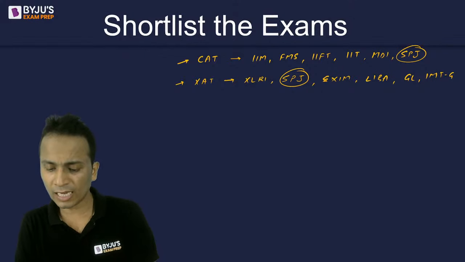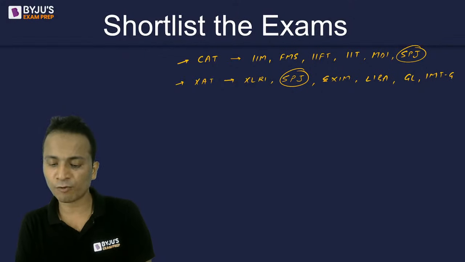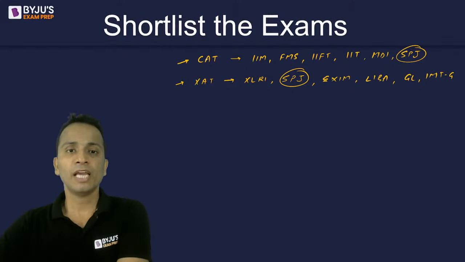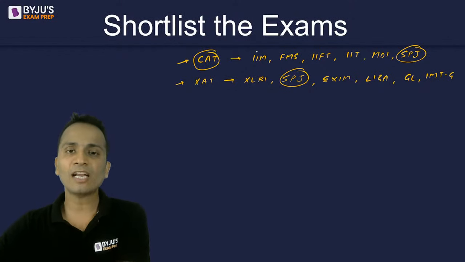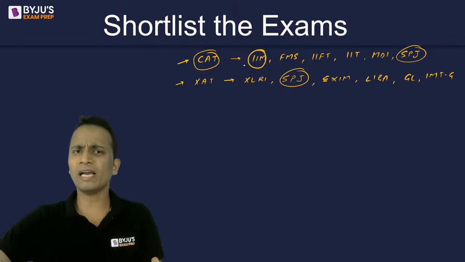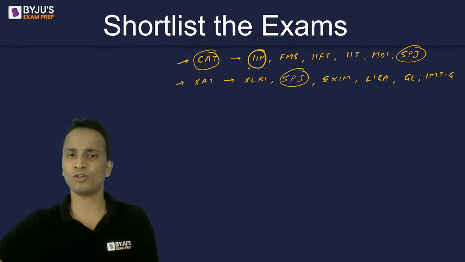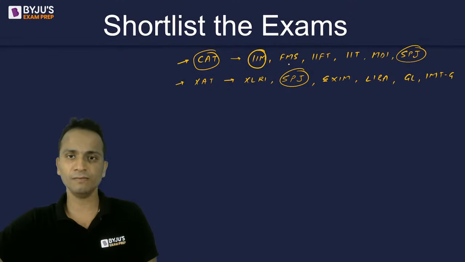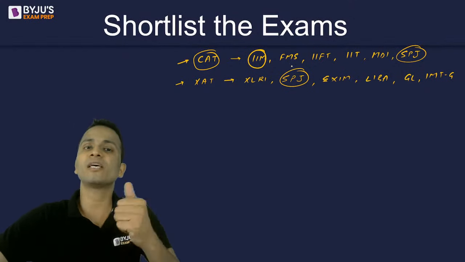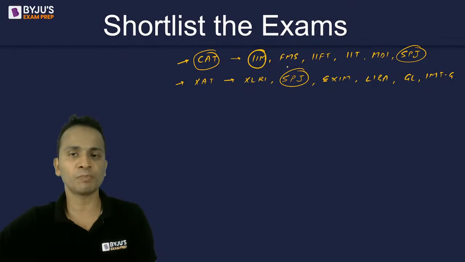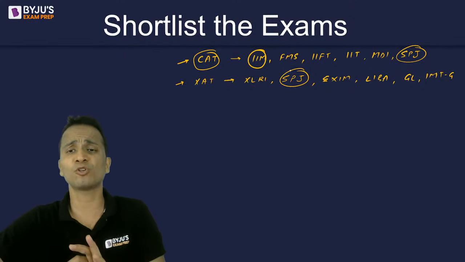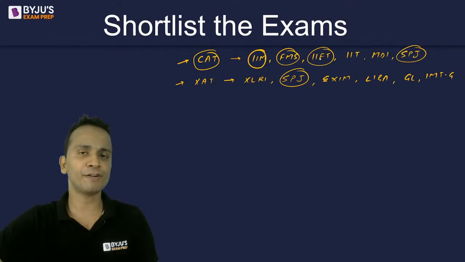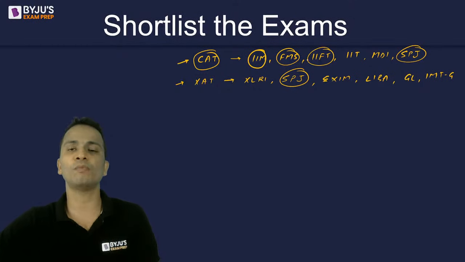Siddharth asks, do you need to fill any other form to be considered for IITs through CAT? Yes, Siddharth. If you have applied for CAT, then CAT will cover only the IIMs. So for all the IIMs in the country, you don't have to fill a separate form. But other than IIMs, if you want to be considered for any other college that considers the CAT examination for its admission process, then yes, you will have to apply for those colleges separately. FMS will have a different form, IMT will have a different form, and yes, you will have to pay for these forms separately.